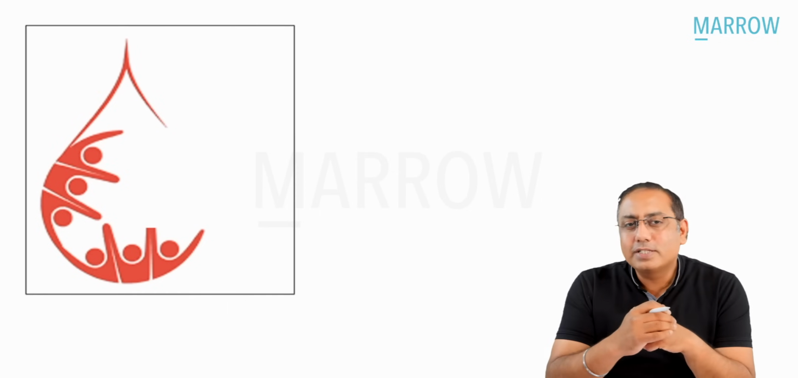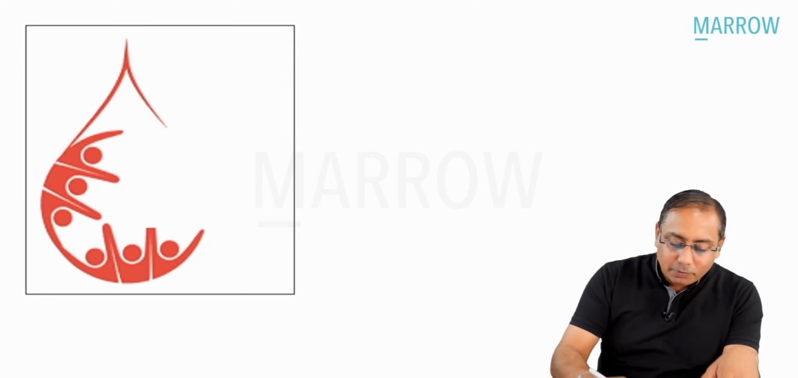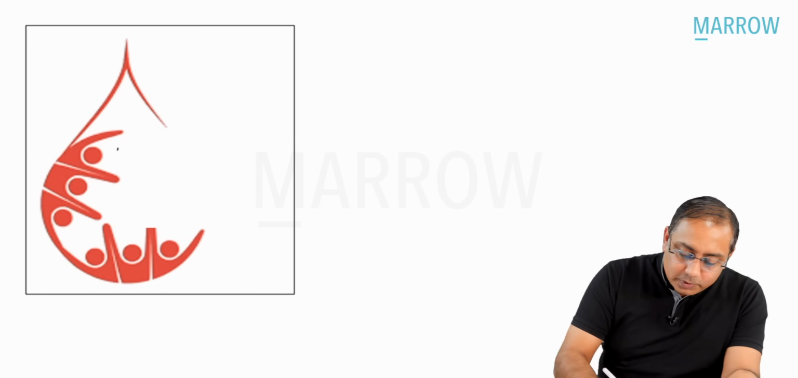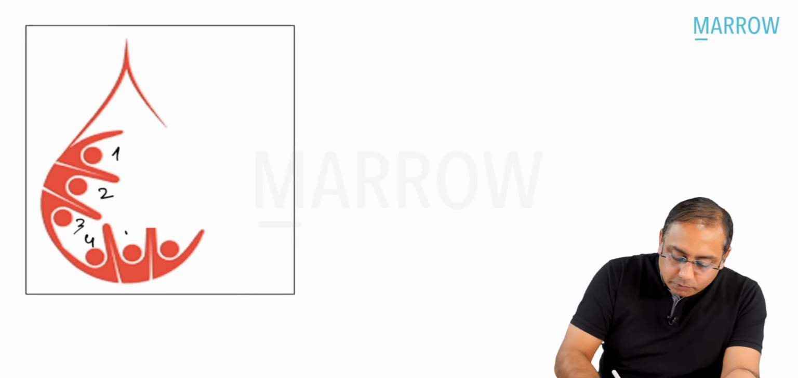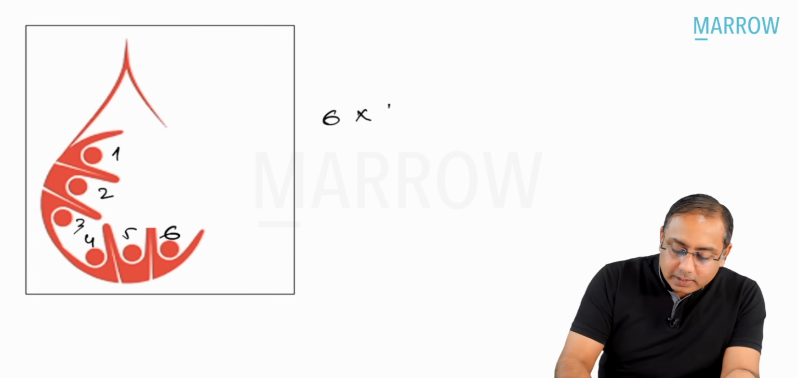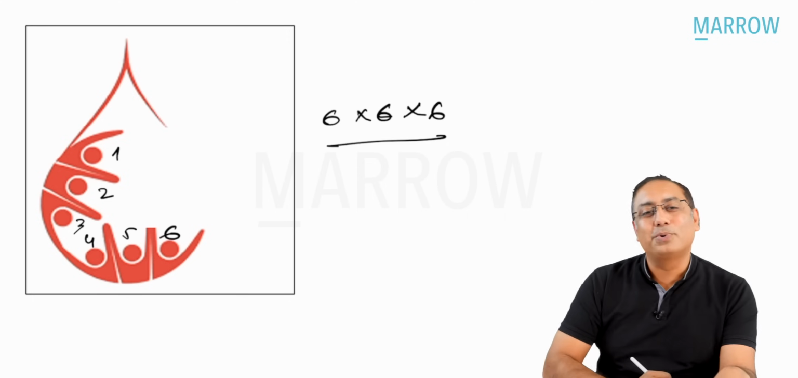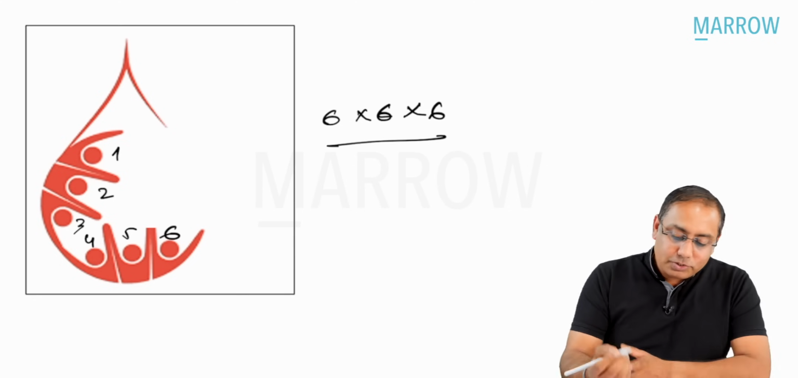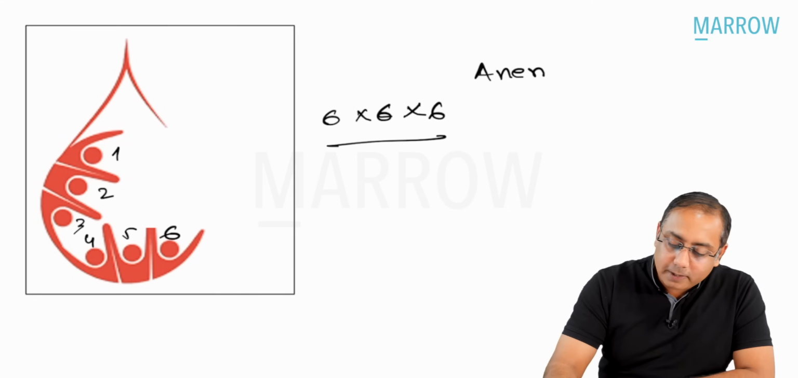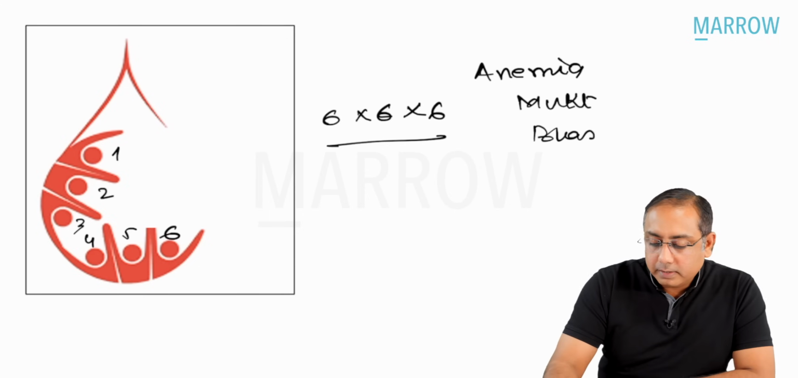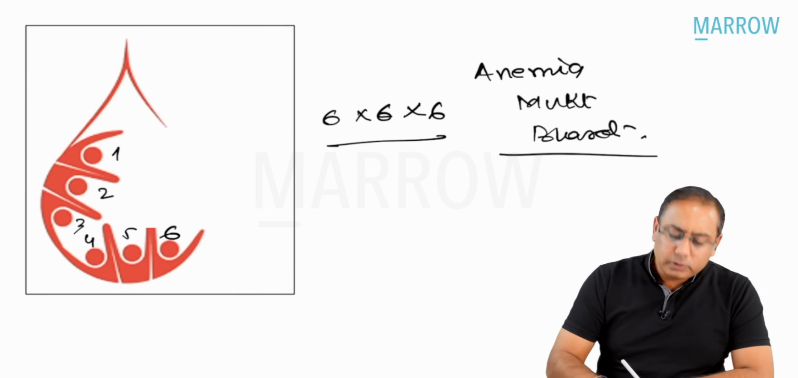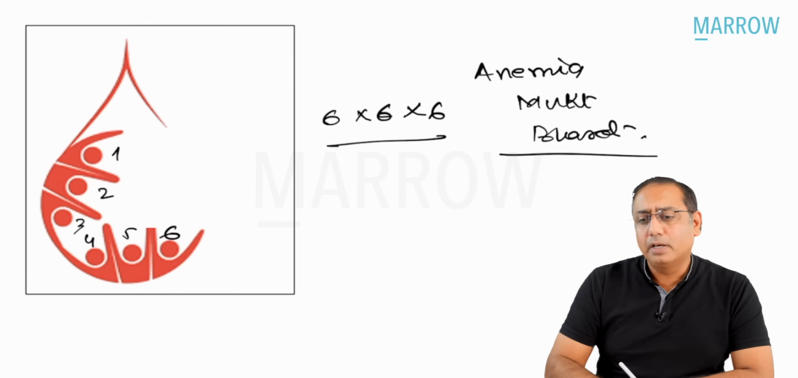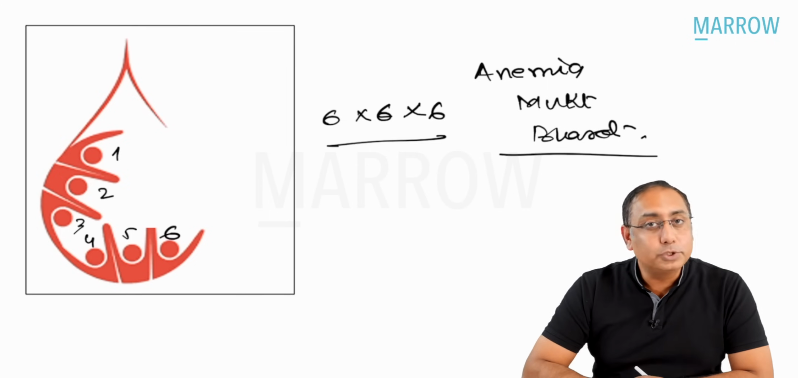Next in line, what is this logo? You see 6 people happily dancing. Which are the 6 people? 1, 2, 3, 4, 5 and 6. This is a 6 by 6 by 6 program. Can you guess the name? Yes, you are all correct. This is the Anemia Mukt Bharat program, which is under the National Nutrition program, the Poshan Abhiyan